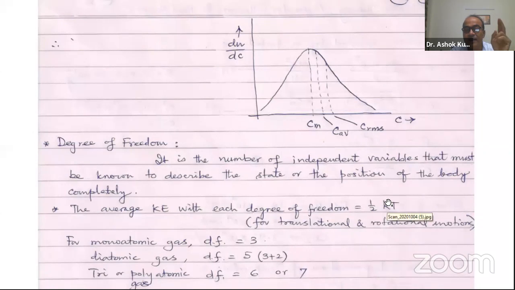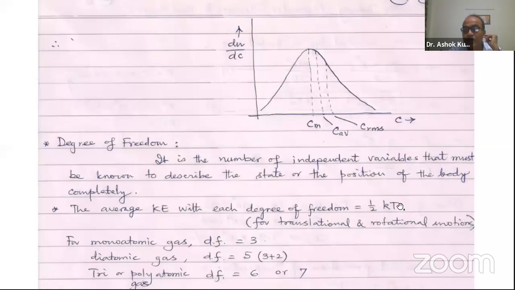Number one, whatever energy is, say for simplicity, for one molecule, the energy of the one molecule or energy of a system is equally distributed among all the degrees of freedom. If the particle has only 1 degree of freedom, then the total energy goes to that 1 degree of freedom. If it is 2, then it will be equally distributed. If it is 3, the total energy is equally distributed among each degree of freedom. And for each degree of freedom, the value is